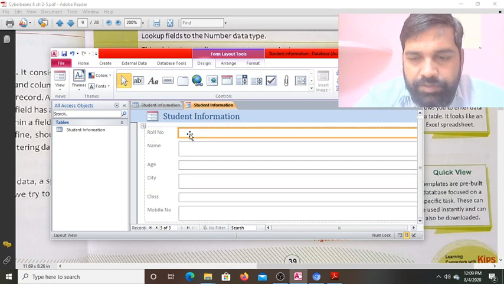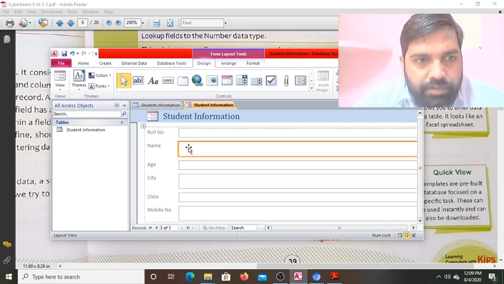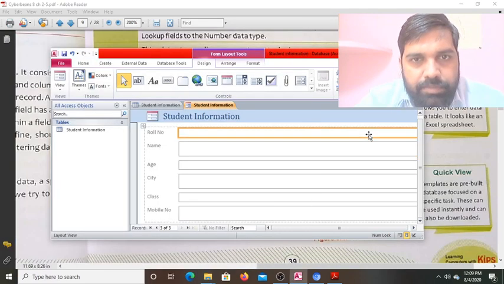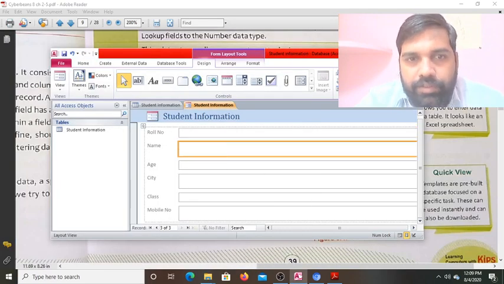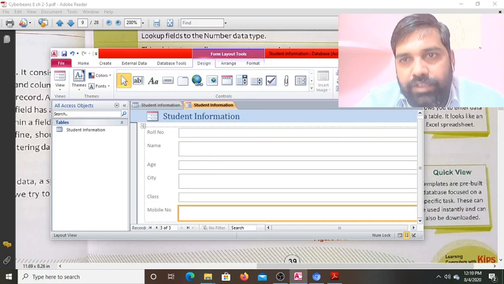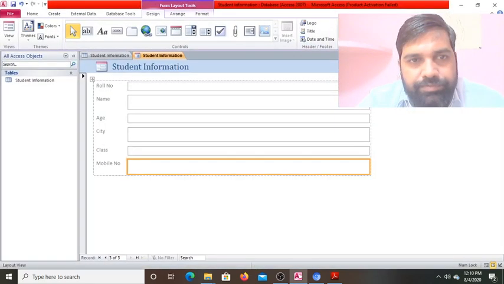Here we have to add the information. Just a minute. Okay, so like this you can see, by typing the values in this cell, you can add the information in each field.